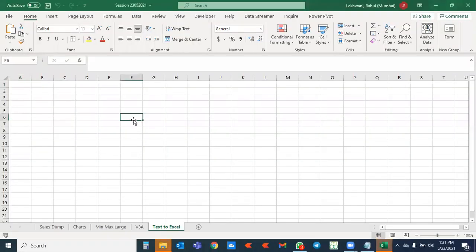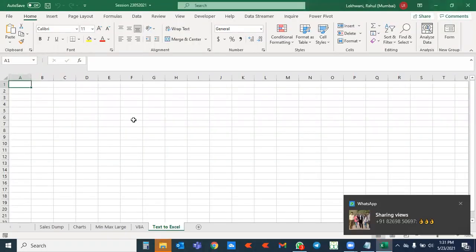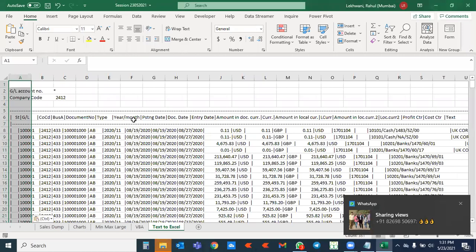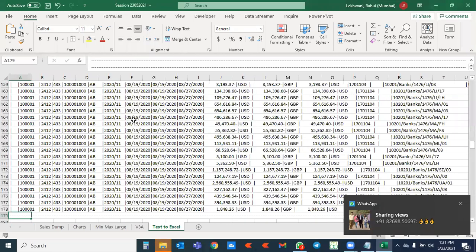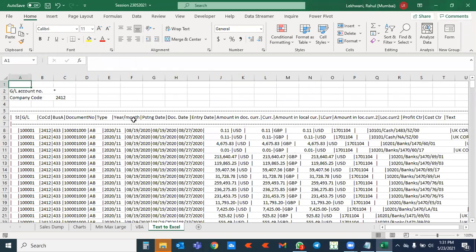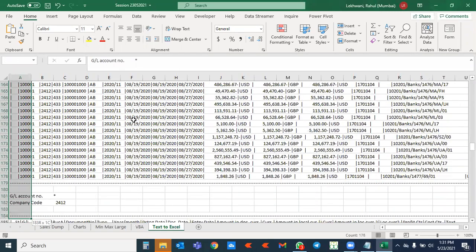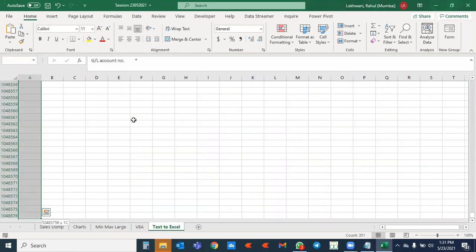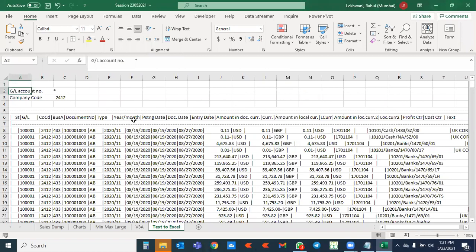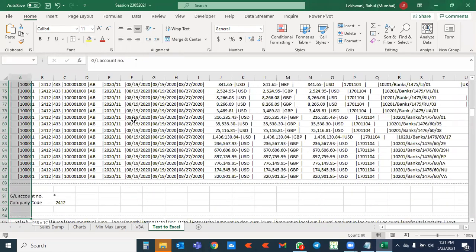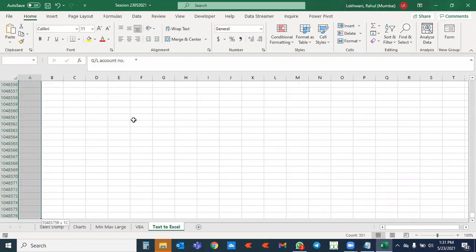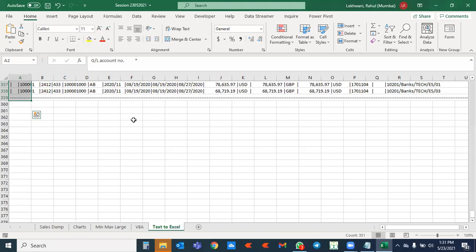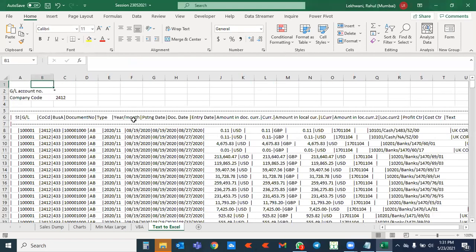Yeah. So now we have copied the data. Now we'll just Control V. Okay, so the data has come. Now the problem is how to select this data. I need to go down and select the data, but in 9 lakh line items you cannot go down till the 9 lakh. If I'm going till 200 or 300, it is taking so much time. 359. Just imagine what time it will take to select this data.